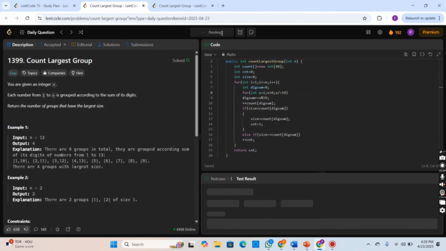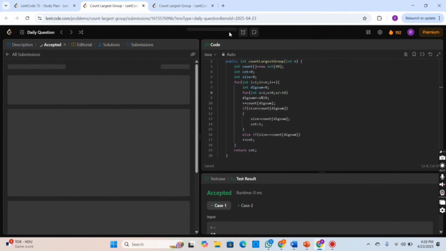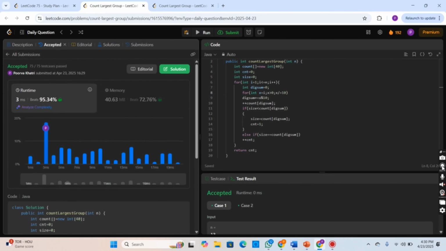Now I will run this code. Okay, and now I will submit it. So it beats 95.34